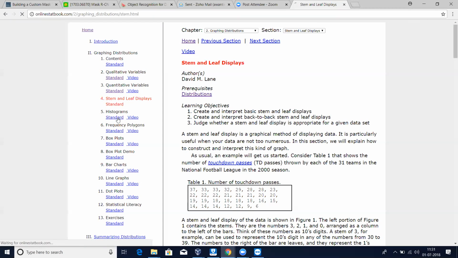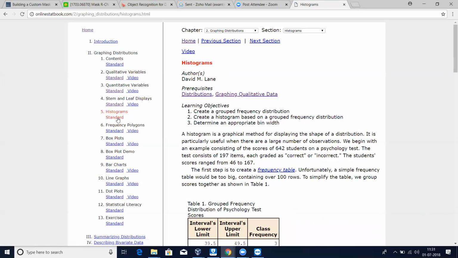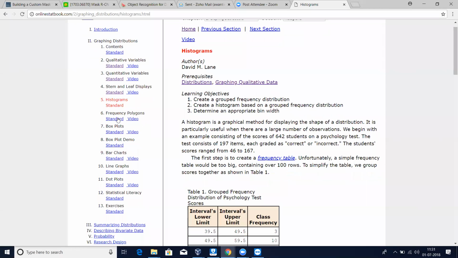So then histograms. We have seen that. It's a very basic one, right? But you should know that there is something like this. Actually, whatever we did now is some format of that only. If you calculate the tens digit, I divided by 10 to get the tens digit. That is basically the stem and leaf graph distribution.